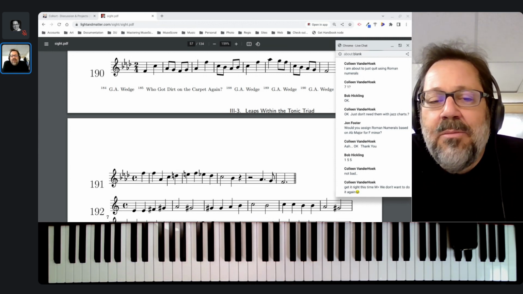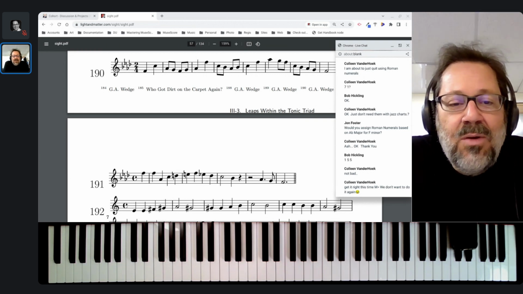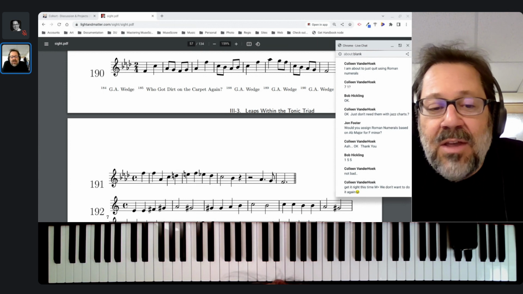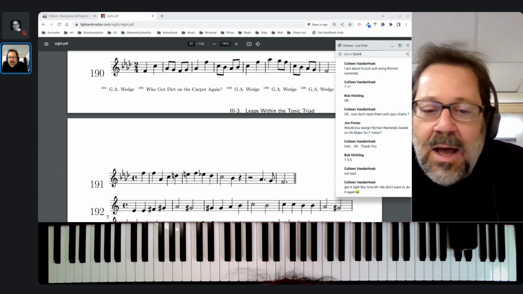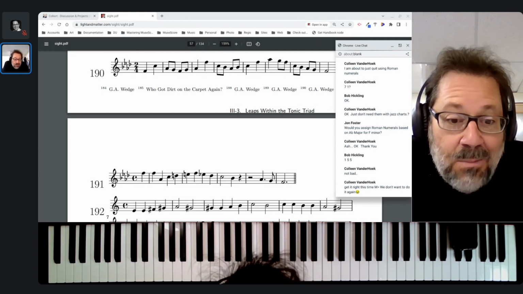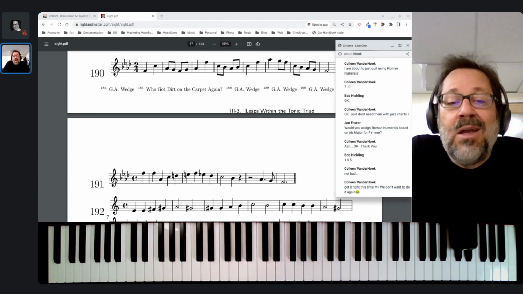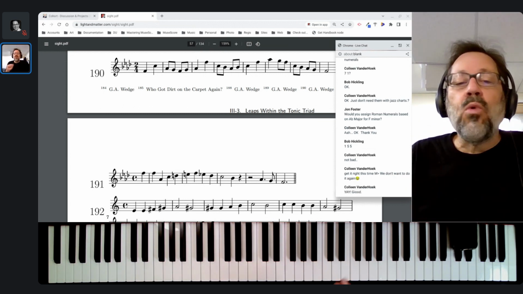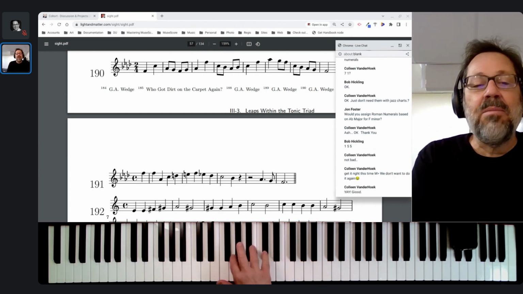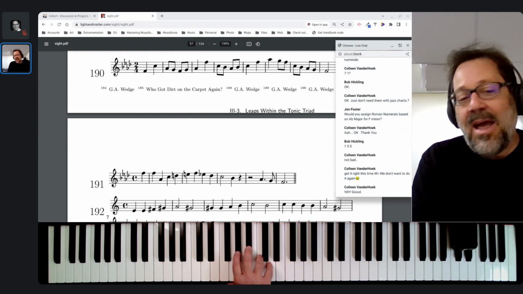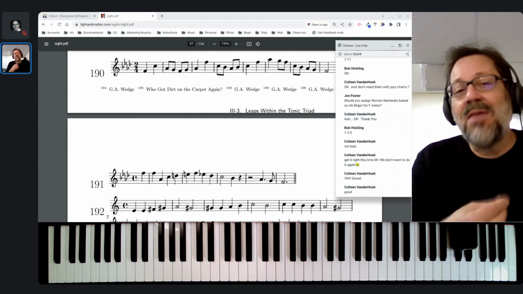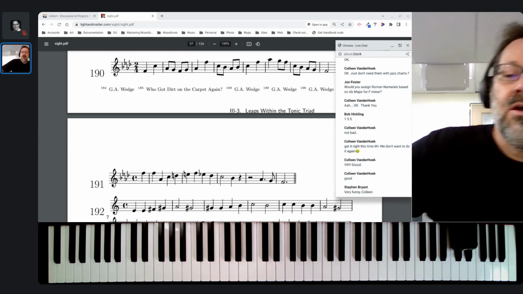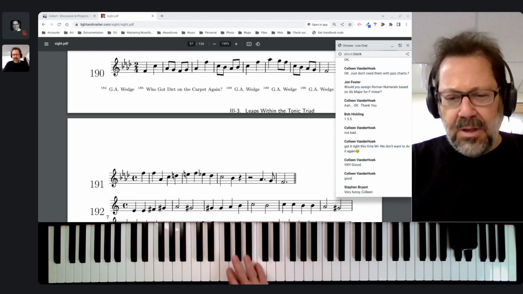So definitely be telling me in the chat about this. But this process, when you go through sight singing stuff, definitely treat it as a learning thing. It's not just I messed up, too bad, haha. No, it's okay, you messed up. Learn from that. Figure out what went wrong and work on that. Work on that section, figure it out. But don't let that working on it be just playing it on the piano and finding out how it really goes and then singing it, because then you haven't learned anything, right? I'm trying to learn this. That's why I'm not just doing this by playing everything for me.